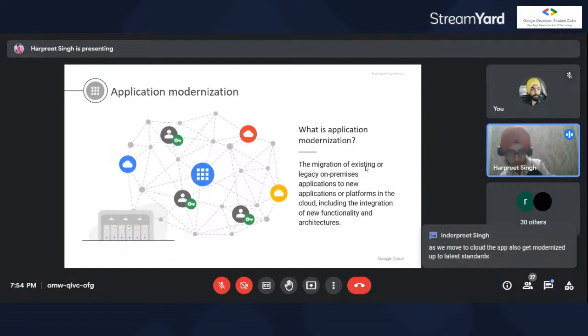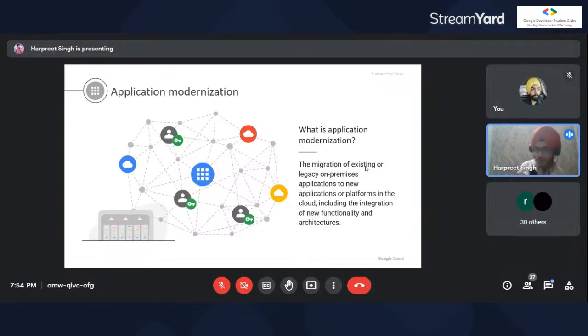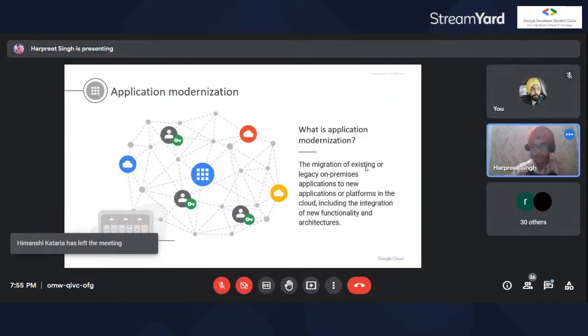So now what was application modernization? The migration of the existing or legacy on-premises application, which were running on the legacy hardware, to new applications or platforms in the cloud. So basically, again, we are transforming it. We are modernizing the old applications into the new applications, including the integration of some new functionalities that we want to add, some new architectures that we are adding onto the previous one, so that company can adapt to the